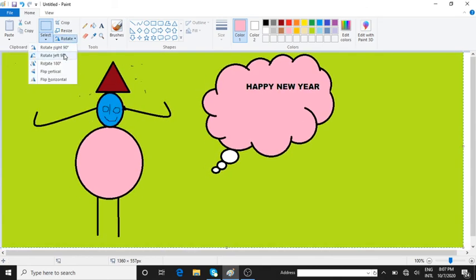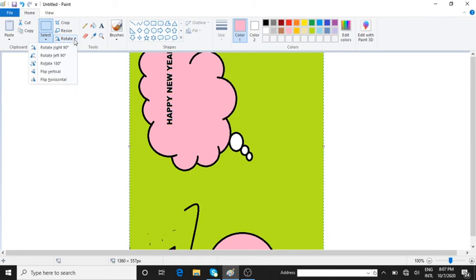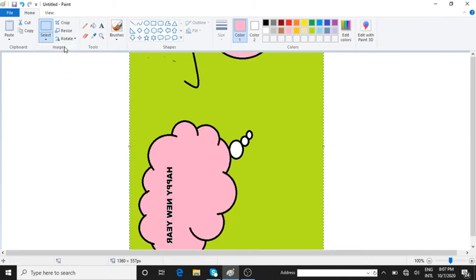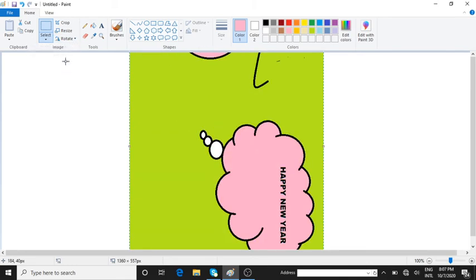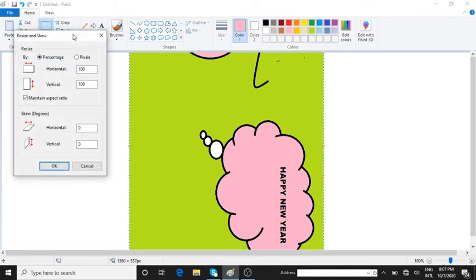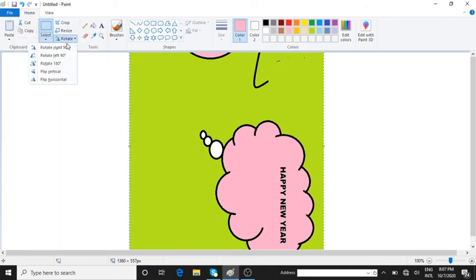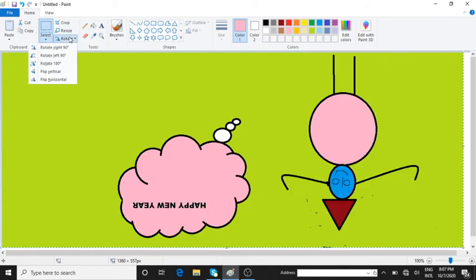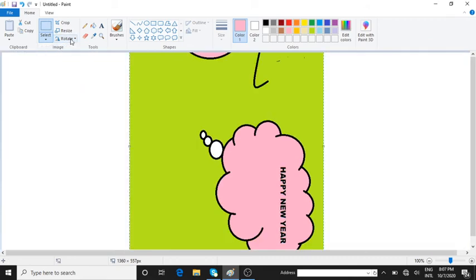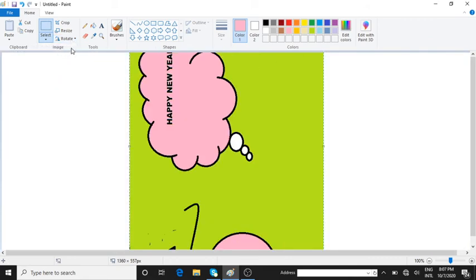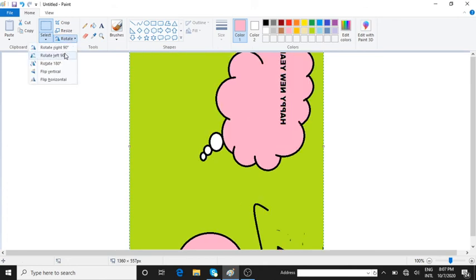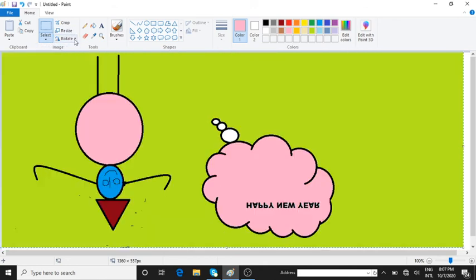You can even rotate it. See, rotation can be done. Recropping can be done. Got it? Understood, children? So however you want, you can use it.